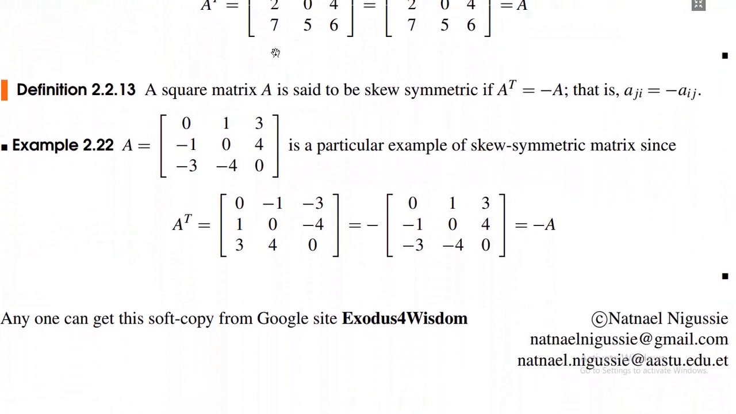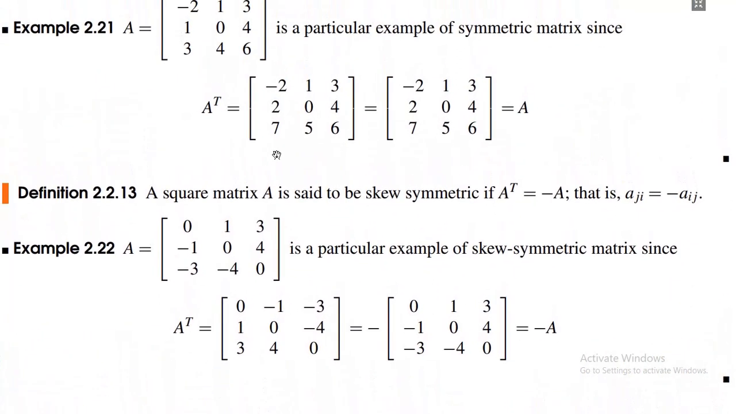Another definition deals with skew-symmetric. How can we define skew-symmetric? Now, a square matrix A is said to be a skew-symmetric matrix if A transpose is equal to minus A. That means Aji is equal to minus Aij. For example, 0, 1, 3, minus 1, 0, 4, minus 3, minus 4, 0 is a particular example of a skew-symmetric